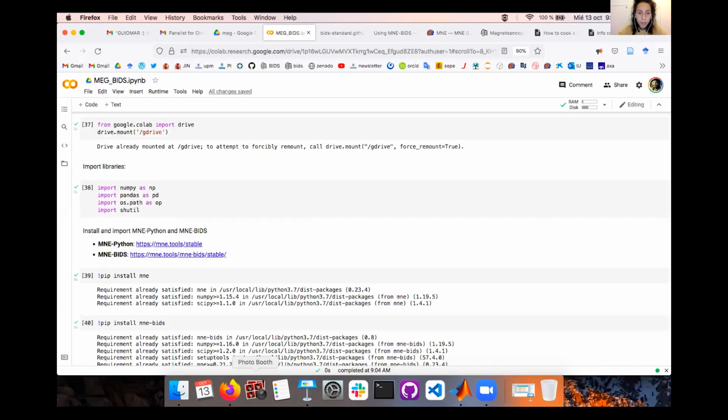So let me see the chat. Can it be used to override any parameters within the MEG files? Well, BIDS is a standard to organize and rename your files.